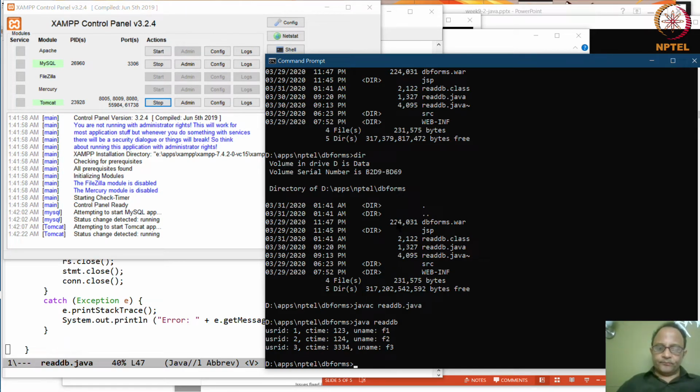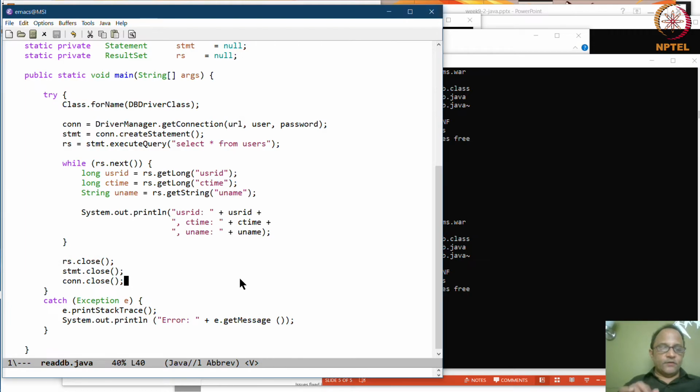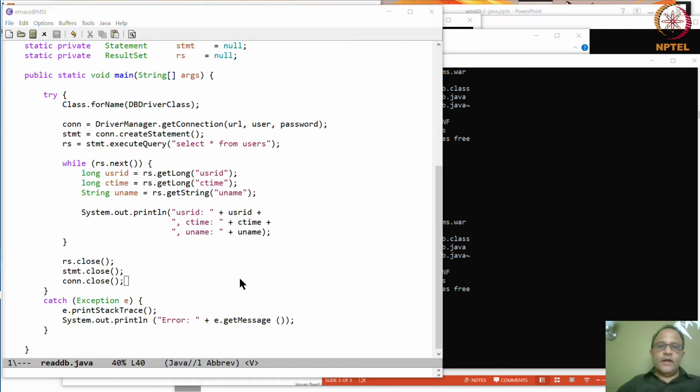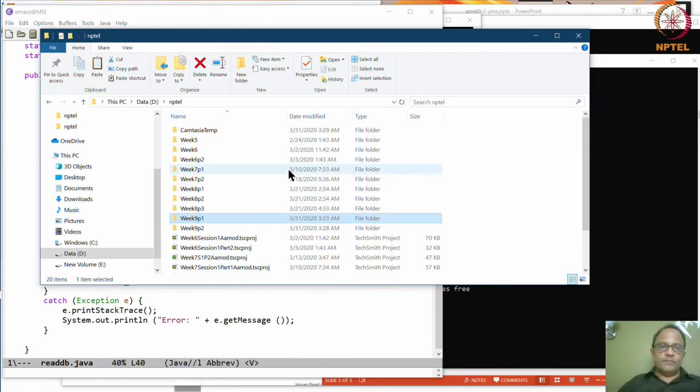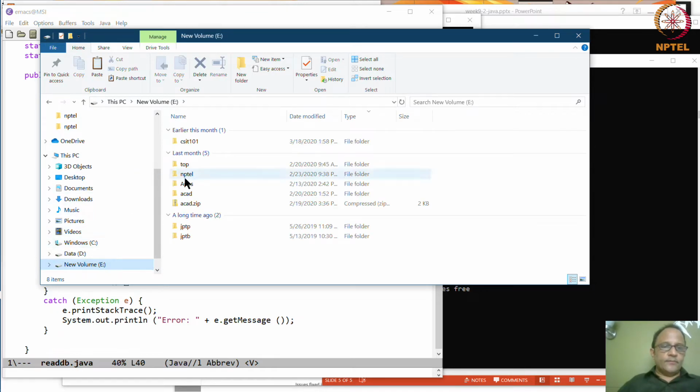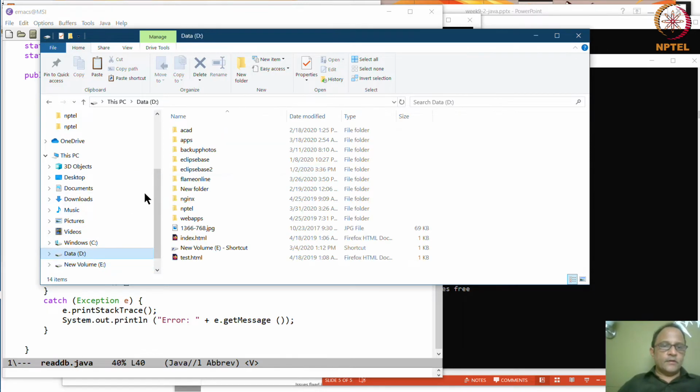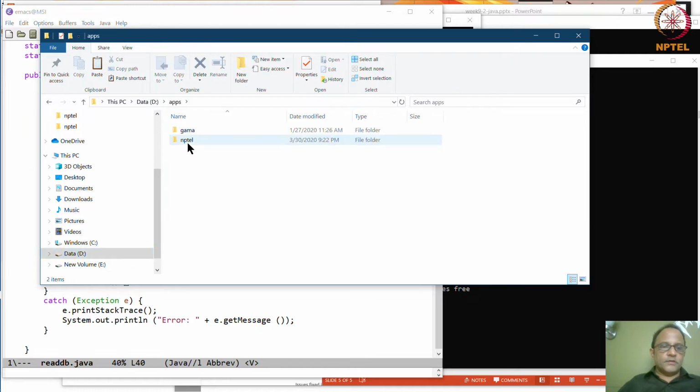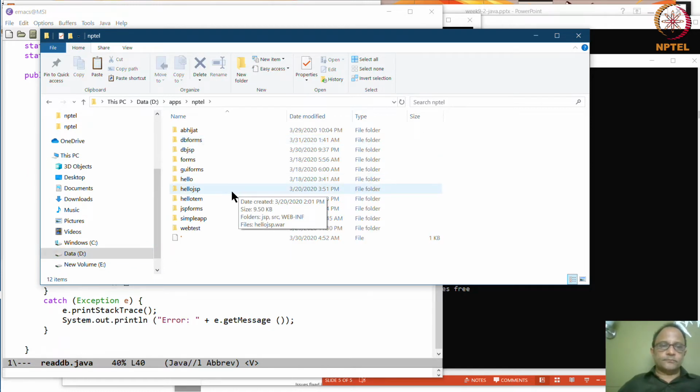Now, let's see what happens when we do exactly the same thing from a servlet. What does that look like? So for that, what I did was, we had a bunch of programs from last time. In particular, we had this material here, which is in all these things. So I took one of our programs from before, which is JSP forms, and copied it into